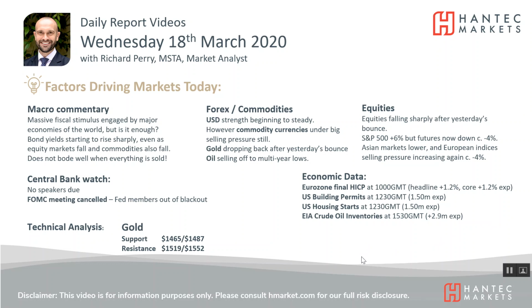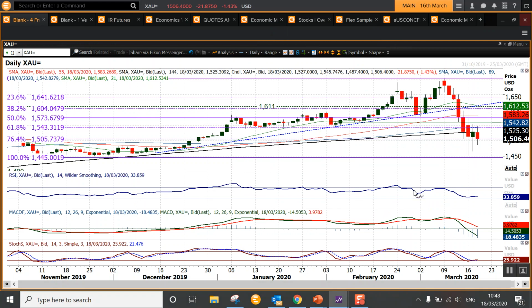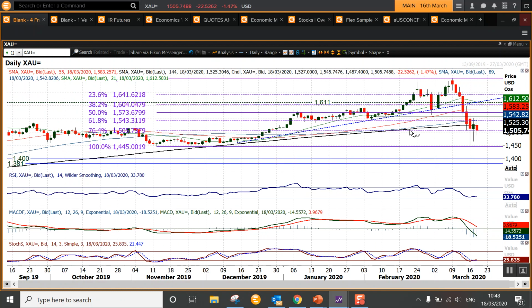The 18th of March. Let's have a look at this gold chart. And gold has had this sharp correction, obviously, over the past week and a half. Signs potentially of support starting to come in. I talked in the morning report about the fact that we've held on to that 1445 level of support from that November low. It attacked it on Monday, held on an incredibly volatile session, held into the close by a